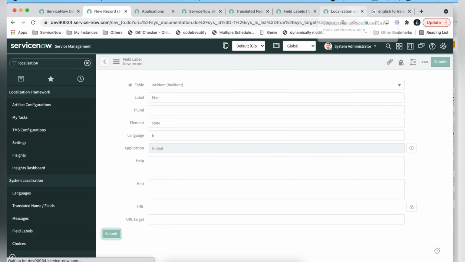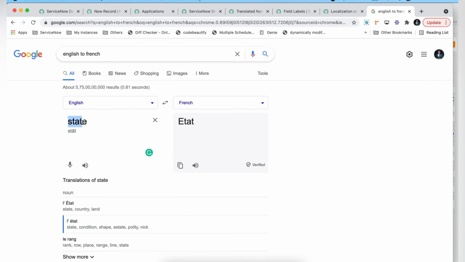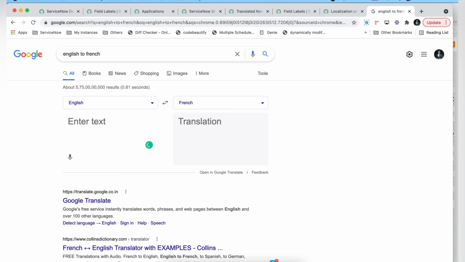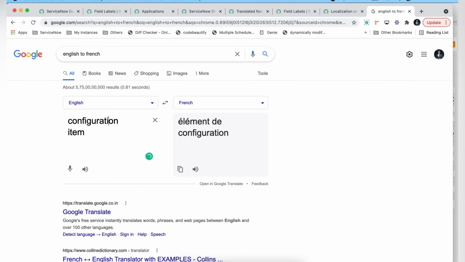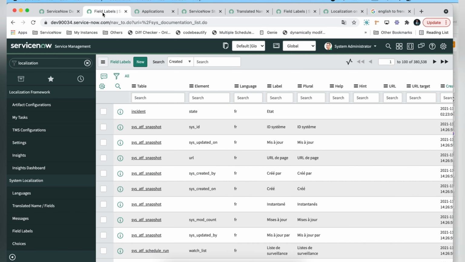So meanwhile this is getting updated, let's change one more table, one more field here. Configuration item, we'll copy this. Field labels, again we will create one more field label.